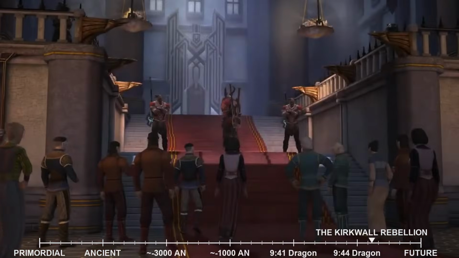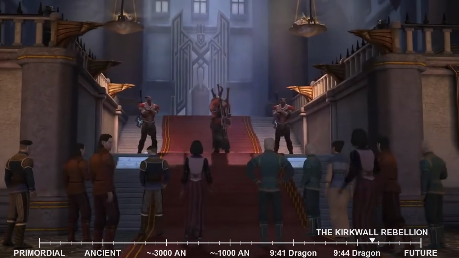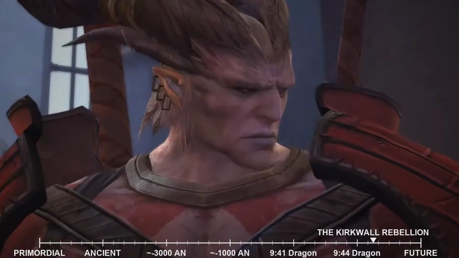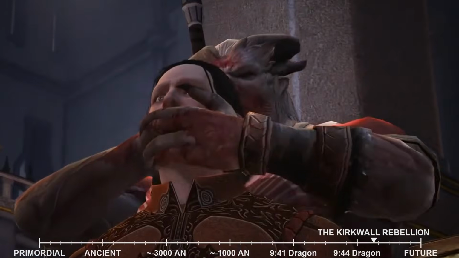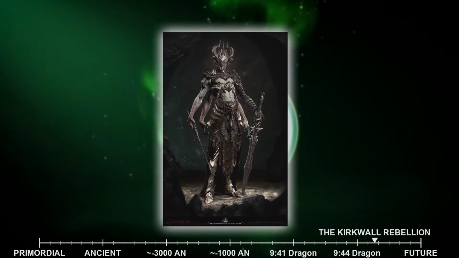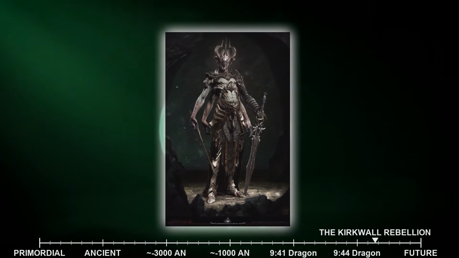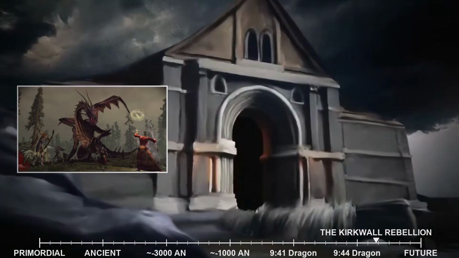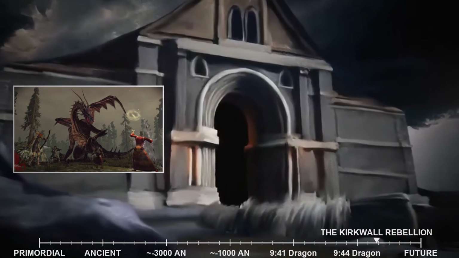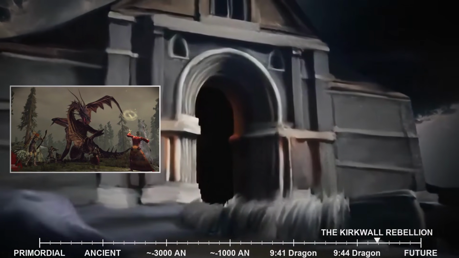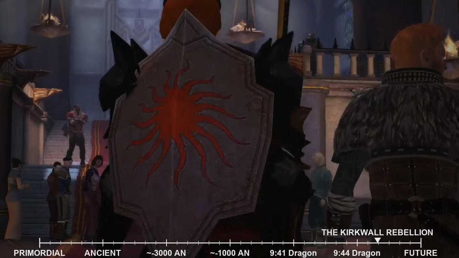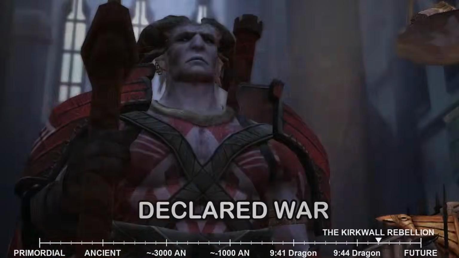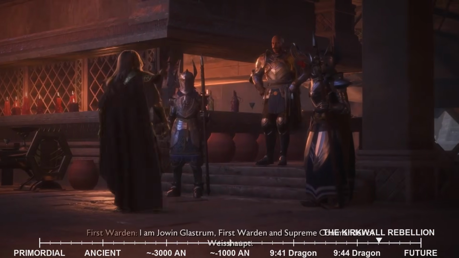Her sudden departure with the sacred text in tow was the final straw for the Arishok. His fury, previously contained by a thin veneer of diplomatic protocol, erupted. The theft of the tome, coupled with the years of perceived insults and broken promises, pushed him past the point of no return. He saw Isabella's actions not merely as a criminal act, but as a direct challenge to the Qun and an ultimate disrespect from the people of Kirkwall. Incensed by Isabella's betrayal and Kirkwall's perceived complicity, the Arishok declared war on the city. This was not a mere skirmish, but a full-scale invasion.